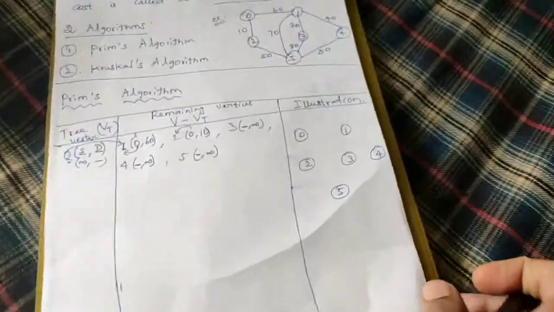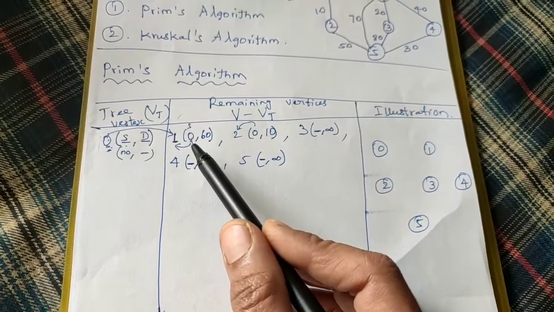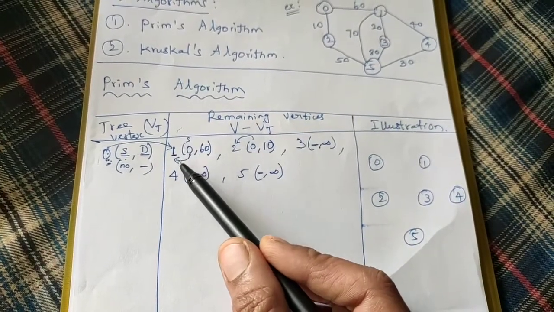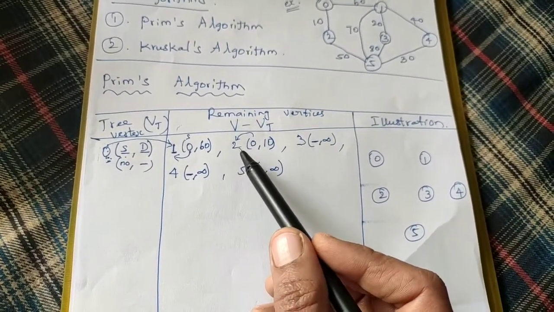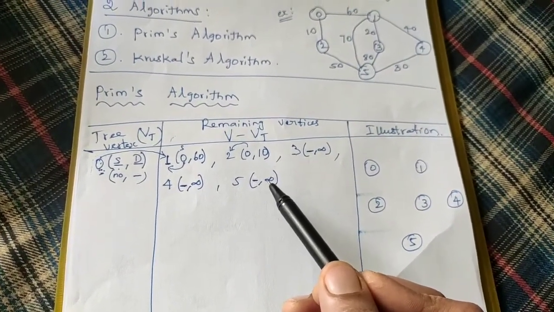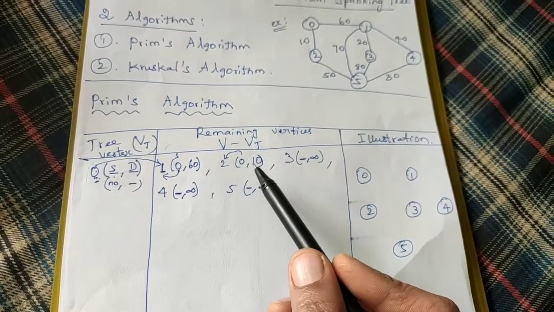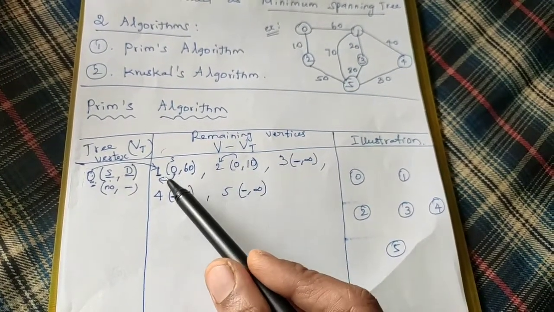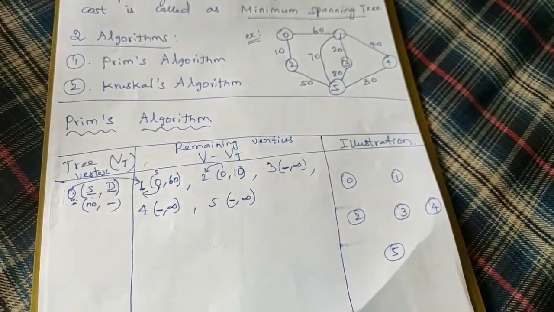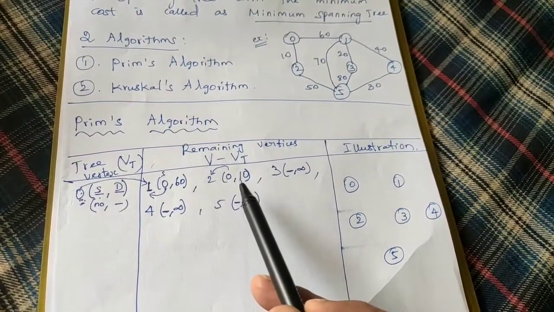Now just see which vertices have values. I have vertex 1 with the value 60, vertex 2 with the value 10. The other 3 vertices do not have a value, it is mentioned as infinity. So out of these 2, which has the minimum value? When compared to the first vertex, the second vertex has the value 10. So out of these two, this will be the vertex with the minimum value.